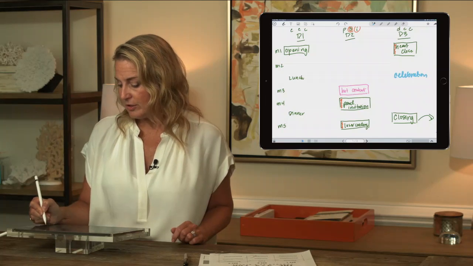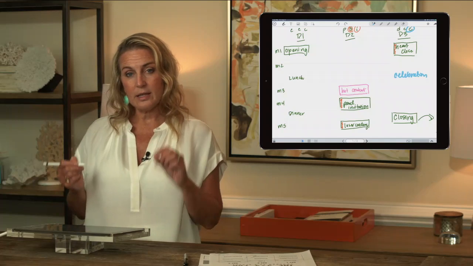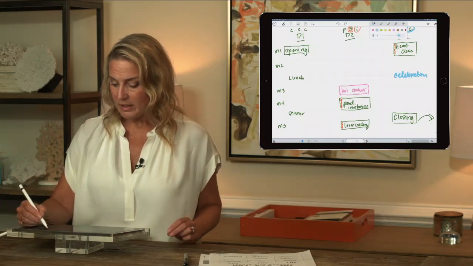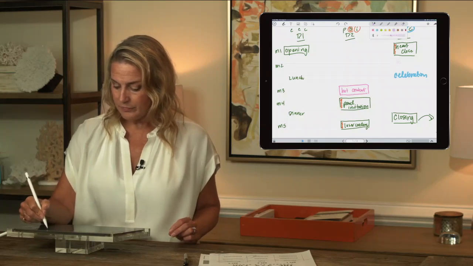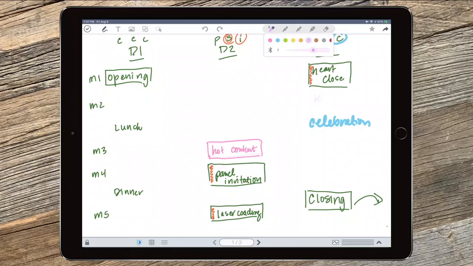Celebration lunch. And we talked about that, right? That's the C in here, and celebration is welcome to your new family. So I'm going back to my pink here, because here we need attention release. So if you have hot content before the offer, you've kept them in a certain amount of tension for the panel, for the invitation, for the laser coaching, and for the heart close. Now you need attention release.